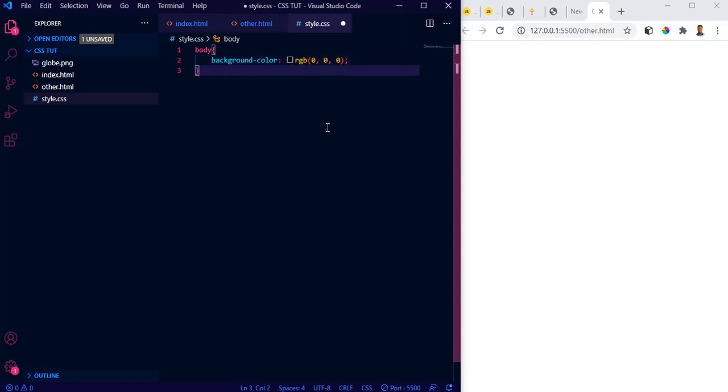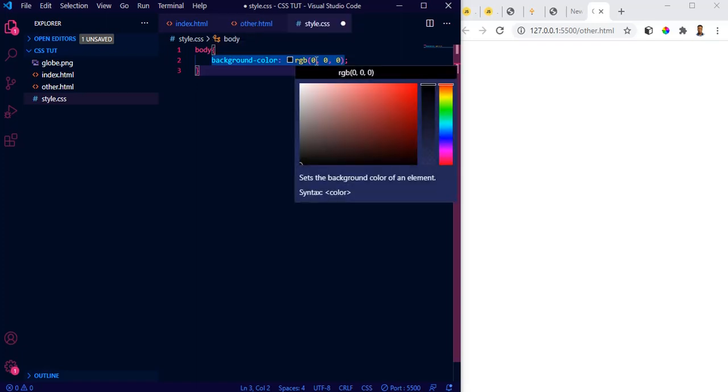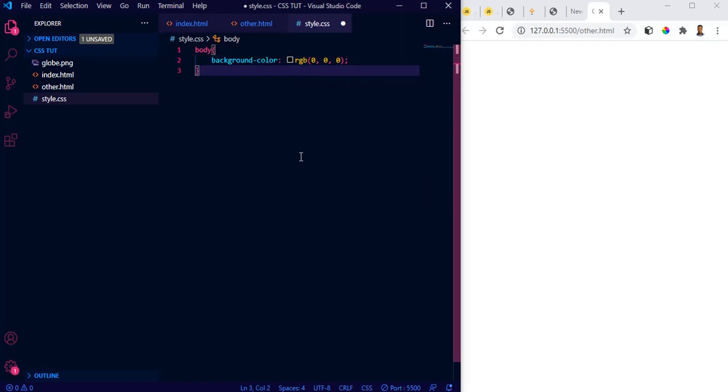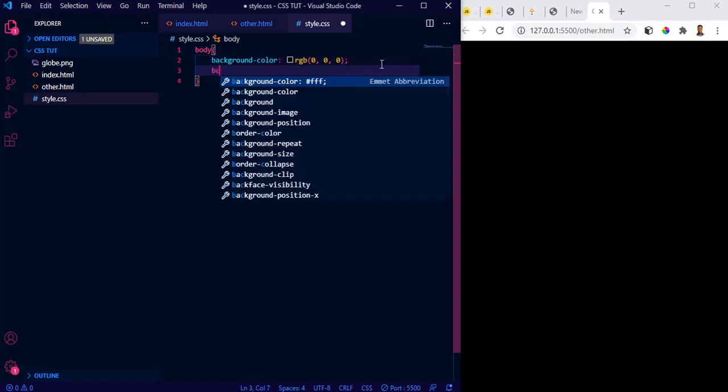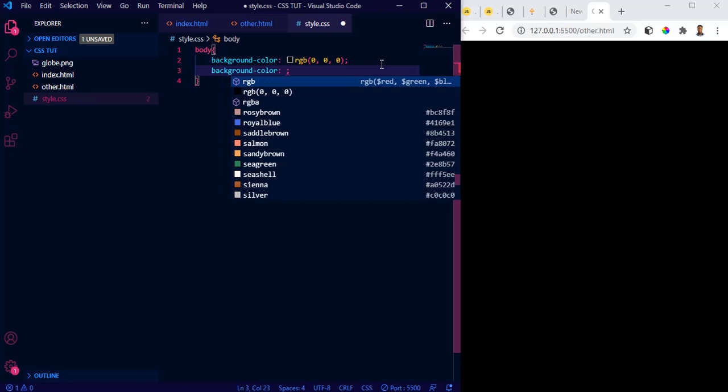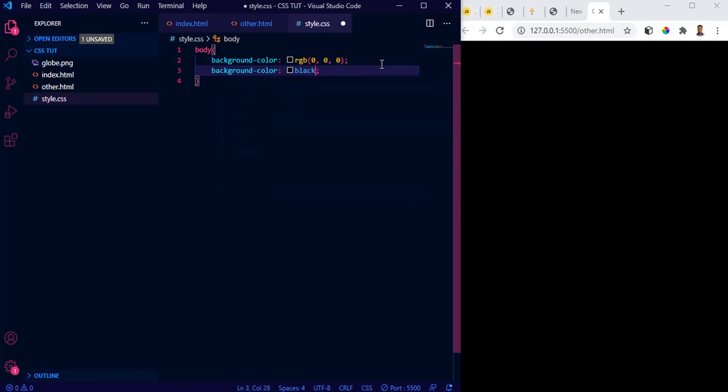You see, with VS Code, when you say that, you can even see a small rectangle here which is black, and when you hover over it, see what happens. You can choose from a lot of colors here. This is why I highly recommend VS Code. So let's just leave it up. Let's save and see. So alternatively, instead of just using the color name black for the background color, you could also choose to do this. And this is always the recommended way